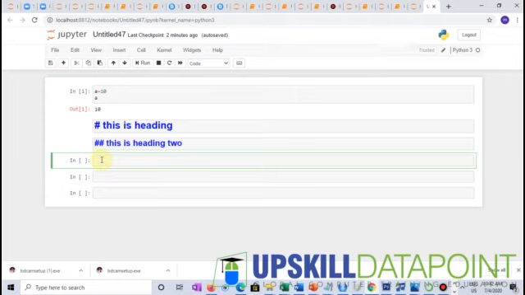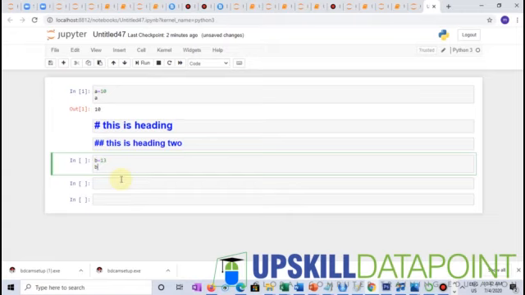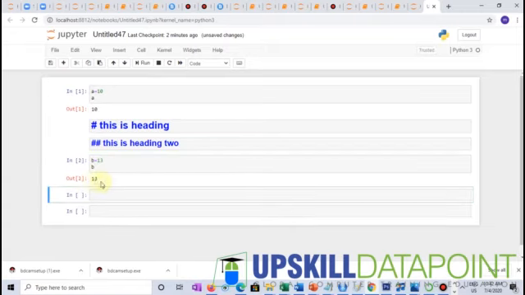Now initially in the first line I had written a is equal to 10. Now I'll explain what is a, what is 10 and why it is used in programming. Whenever we do programming, we need to store our values in some kind of named locations which are called variables. Like b is equal to say 13, and if I print b, it shows me the value stored inside it. So this b is known as a variable.